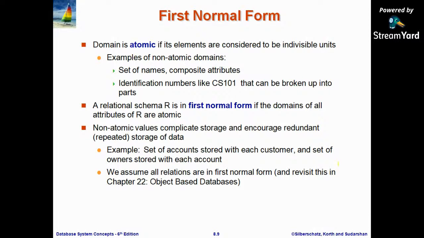The first normal form says that your domain is atomic. The domain is atomic means whatever entries you are filling in a table, that entry should come from a domain, say for example id, name, class number, should come from the domain which has atomic entries. Atomic means that value cannot be further subdivided. If I have my enrollment number, I am not going to divide it into parts to get the different parts